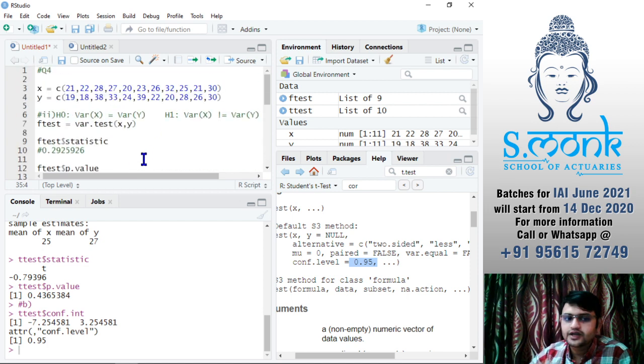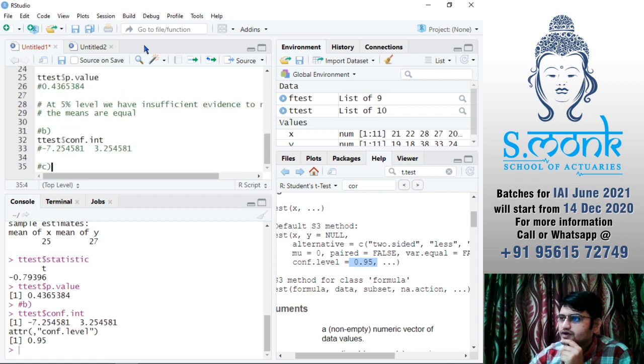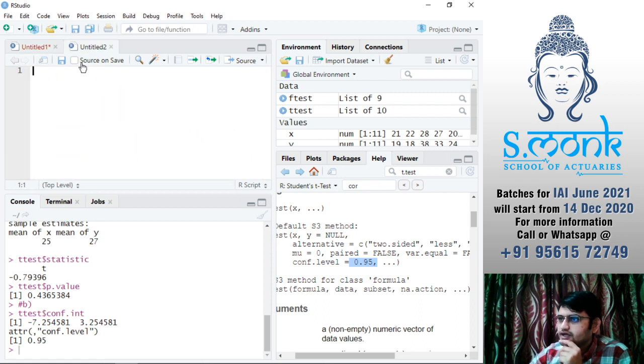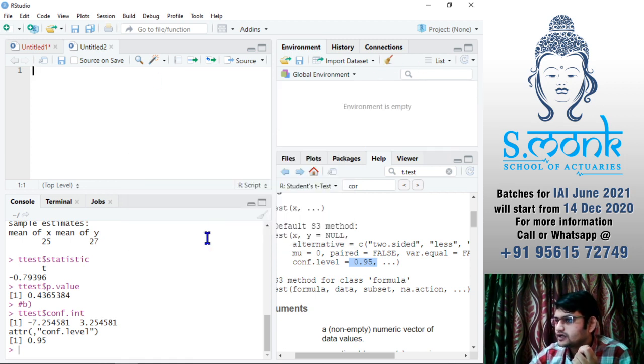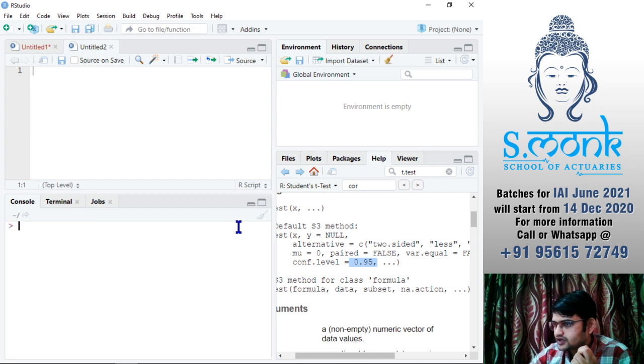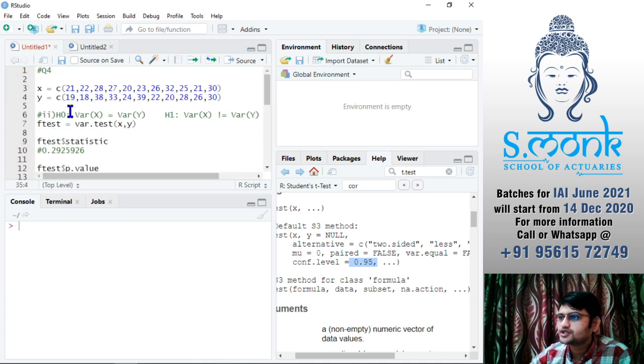Then copy it and paste it in Word as it is. And again, whenever you're starting a new question, insert another R script, clear the global environment, clear the console, and then start your question. So by chance, if your Word file gets closed, corrupted or whatever, if you want to write it again, you have the whole question here.